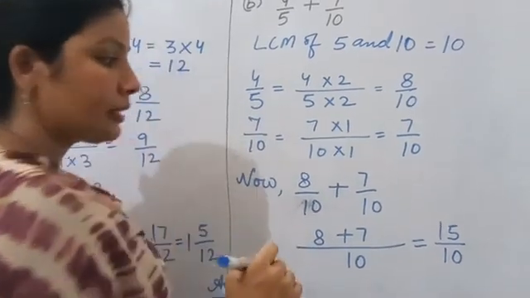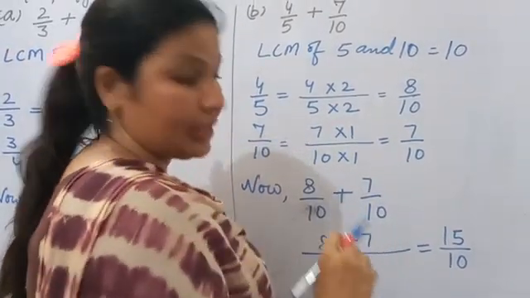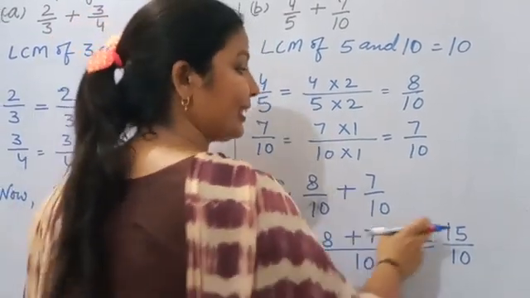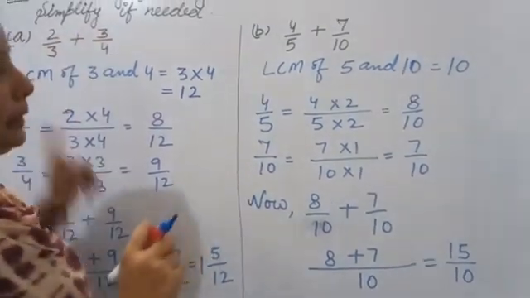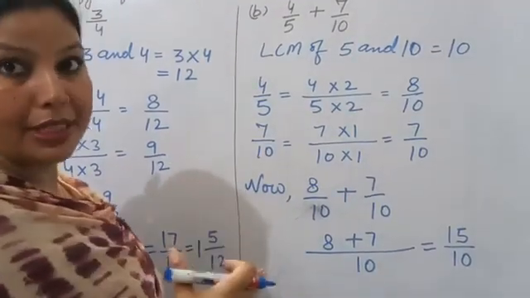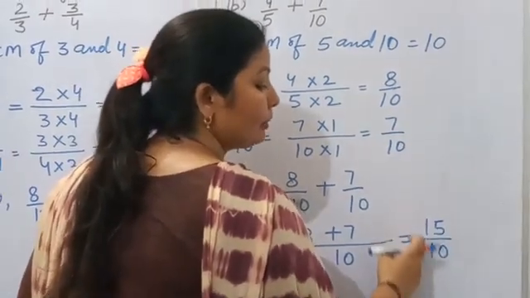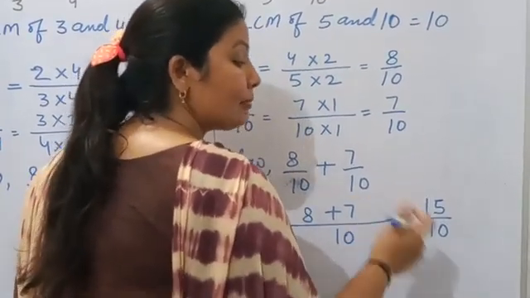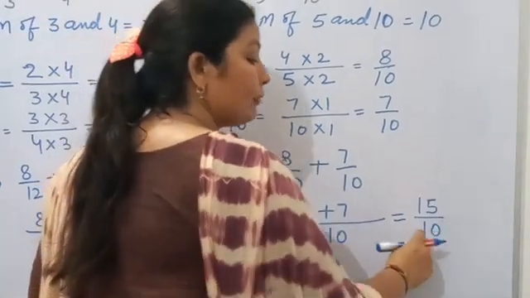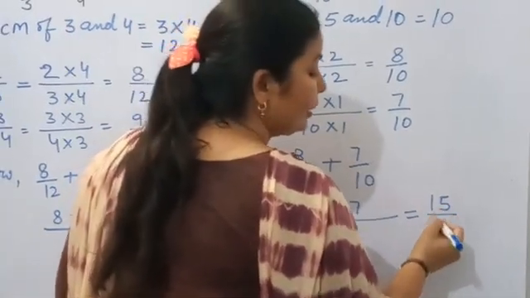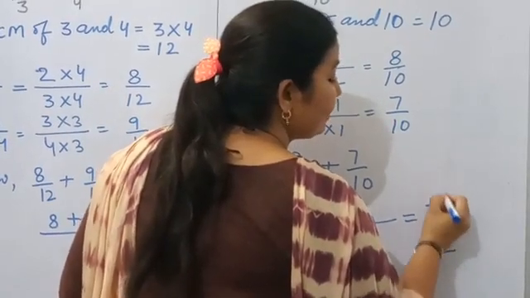Now what is this? These are improper fractions, so we change it into mixed. But before that you will see that 15, because it is saying simplify if needed, तो यहाँ पे आपको reduce in lowest term. Okay, so we can see that 15 and 10 both come in the 5 table, so we should cancel by 5. Cancel मतलब divide. Okay, so we should divide them by 5. So in the 5 table, 5 twos are 10 and 5 threes are 15.